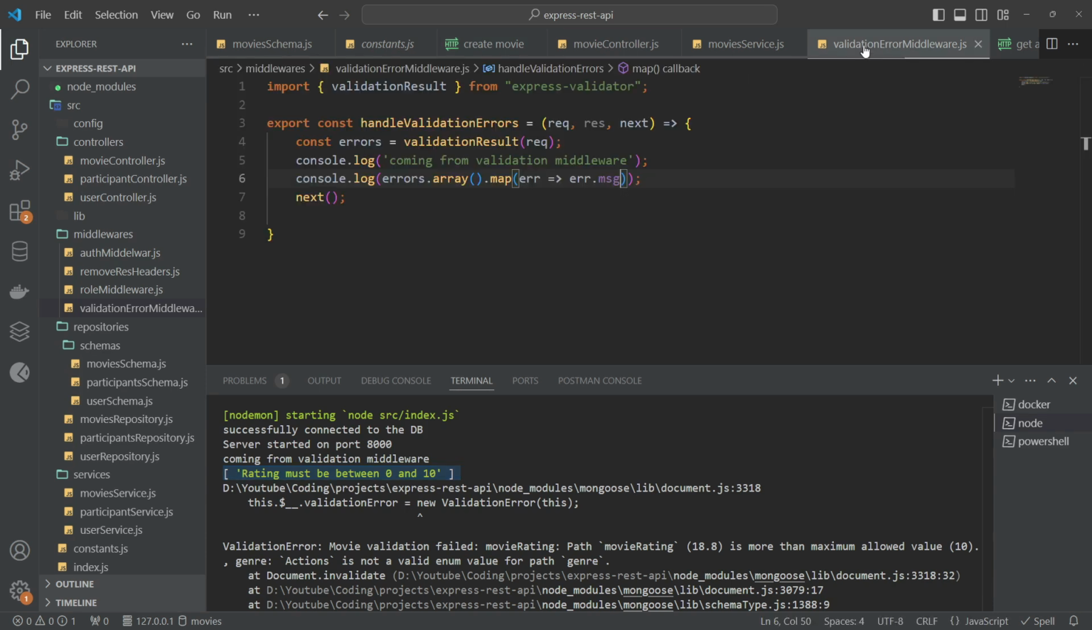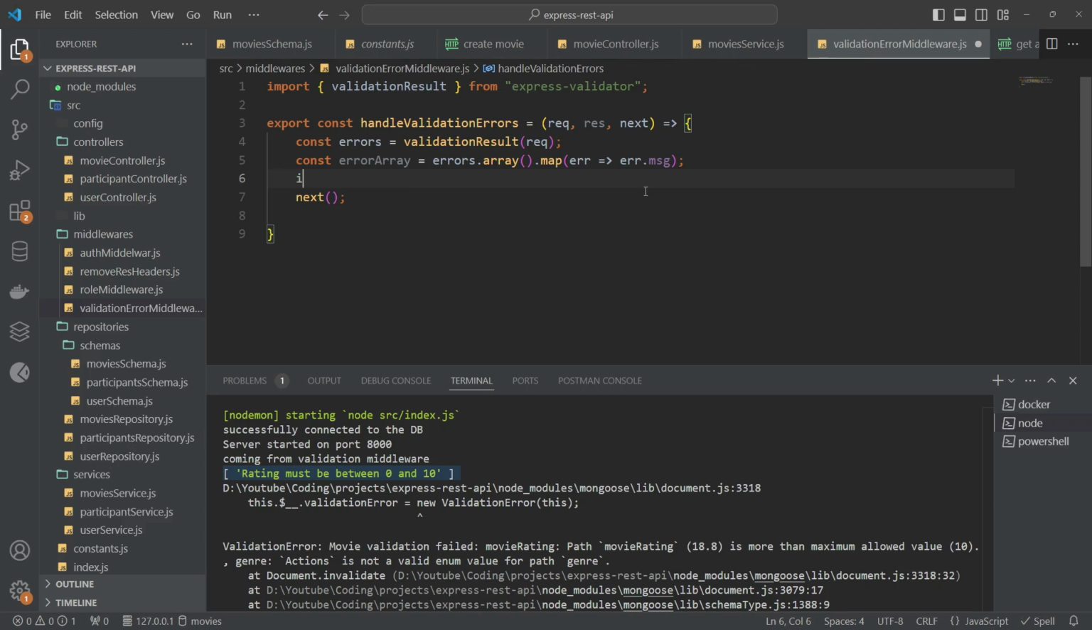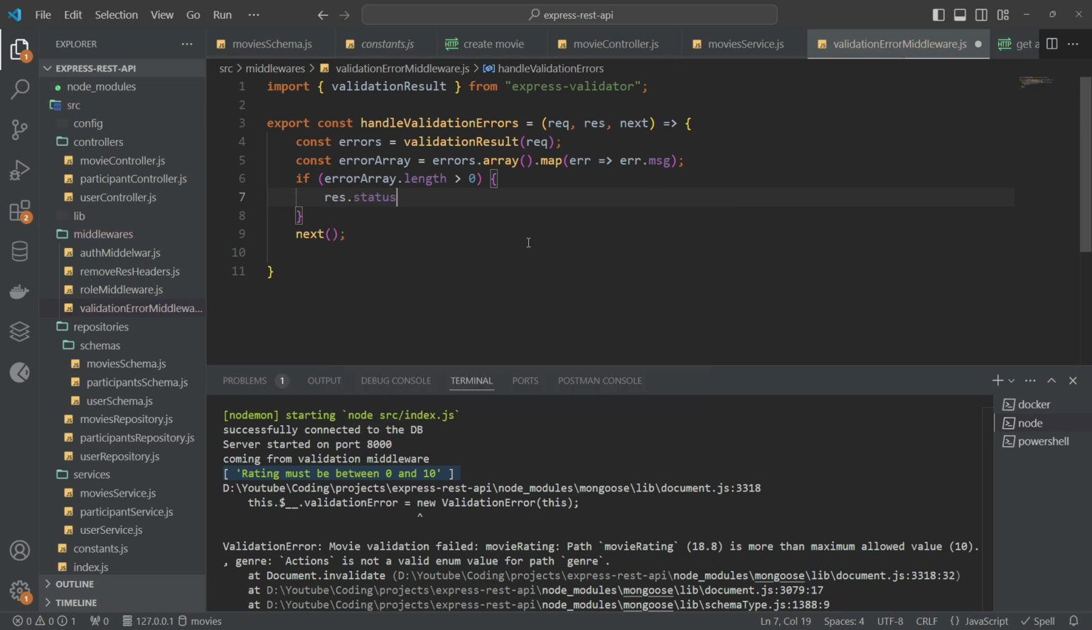Okay, now I will come here and copy this. I will say const errorArray equals this value. Then I'll remove this one. If errorArray.length is greater than 0, that means if there is at least one error, what I will do is say response.status